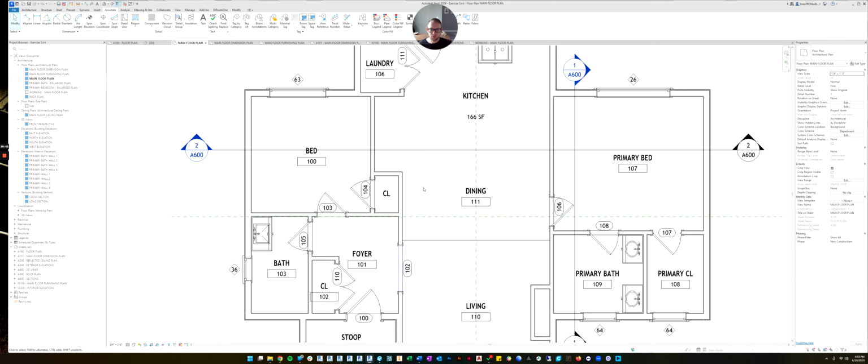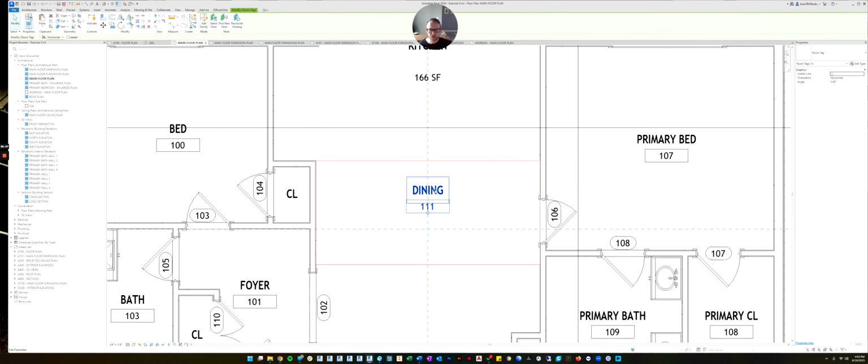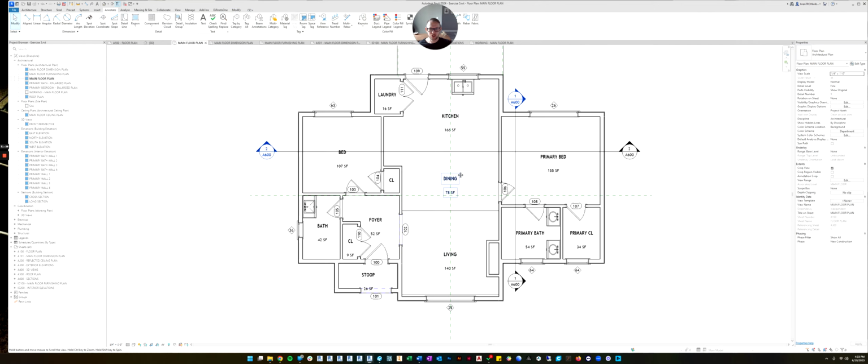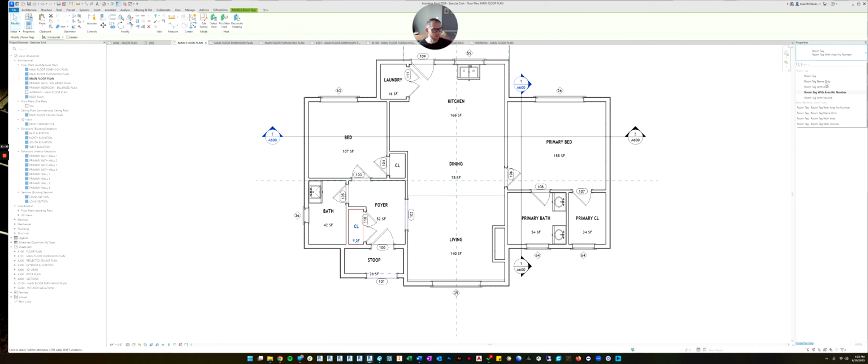So now what do we do to apply this to all of them? If you click on one of the tags that we want to change and you right click, remember how there's this select all instances? And I can select all of this tag that's visible in this view right now. So let's do that. And you see now how it's highlighted all the other room tags that are that same type. Now we can change all of them at the same time to the room tag with area but no number. Click that. And now it changed it to match the kitchen. And then this closet, let's change it to have name only.